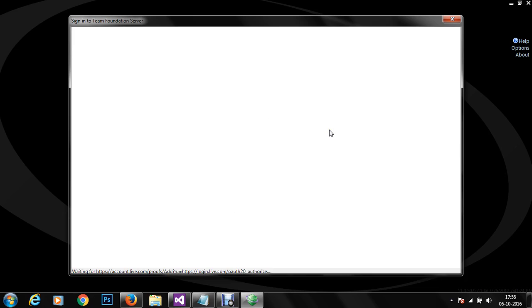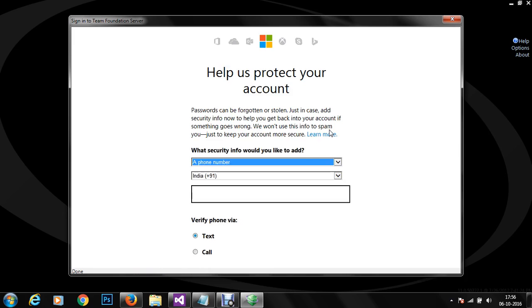We're signing into the Foundation Server and we have been asked for a number. Let's just type in a number, 965482537. If we receive a text, it may ask you to protect your passwords.